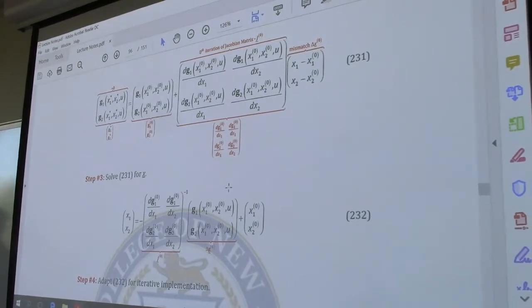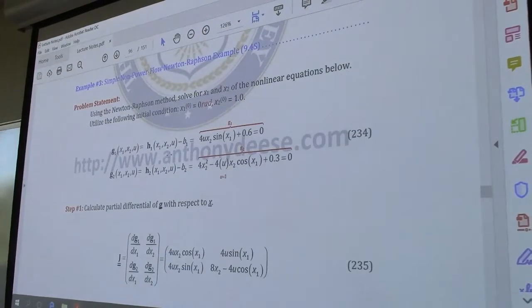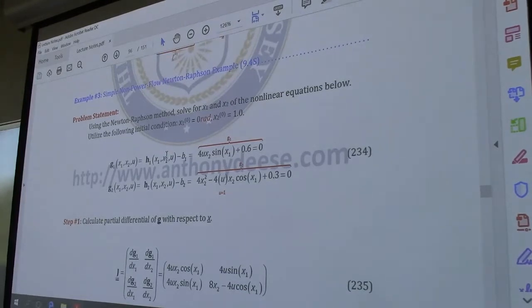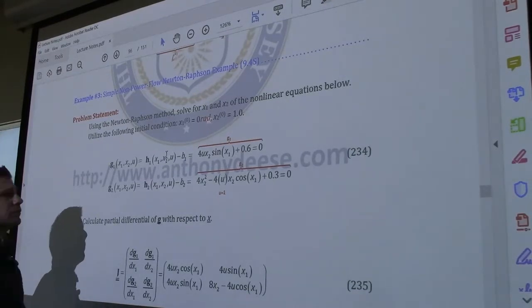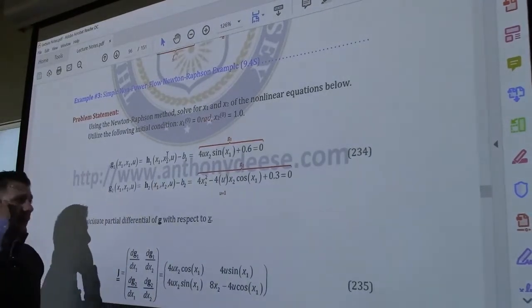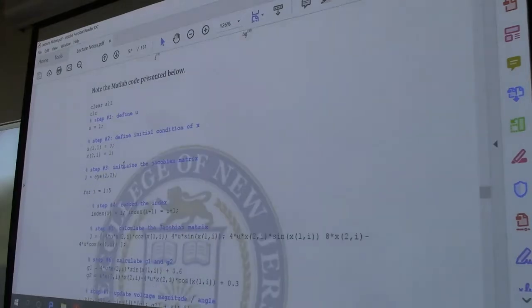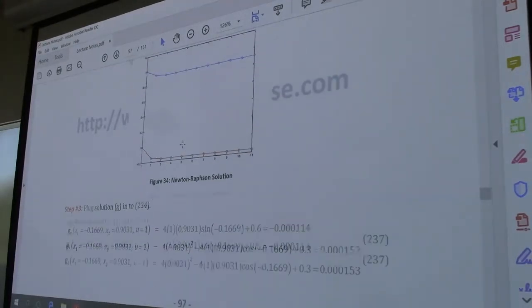Last time, we went through this example number 3, the simple non-power flow Newton-Raphson example. So a non-AC example, and what we did was we had these two expressions, nonlinear, not really any good algebraic way to solve them, and we showed how to formulate the Jacobian matrix, and we did one iteration. This is several iterations